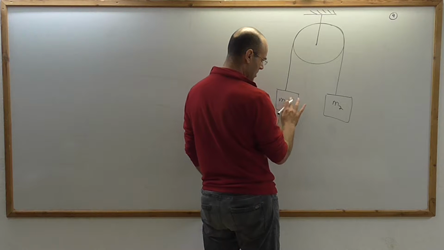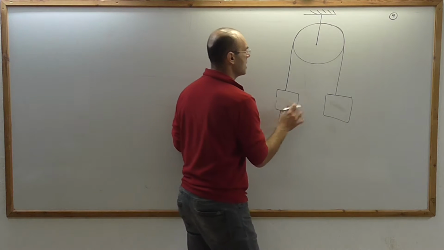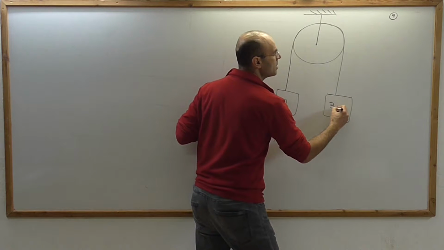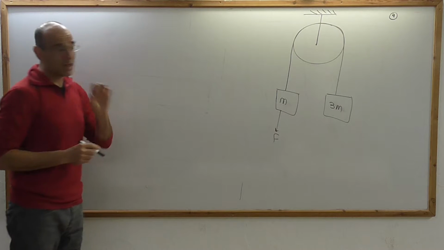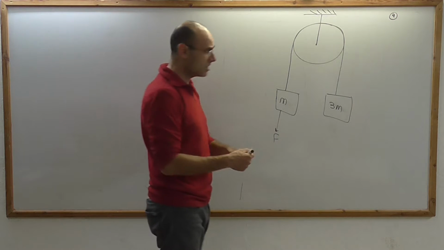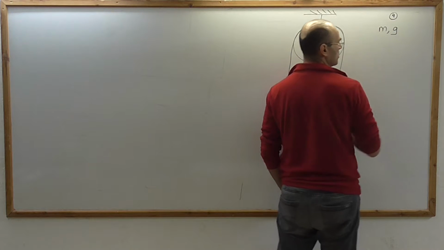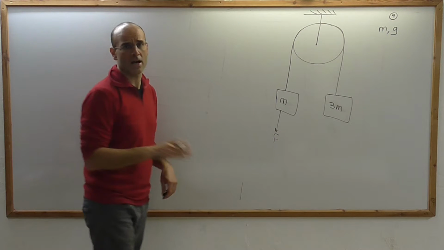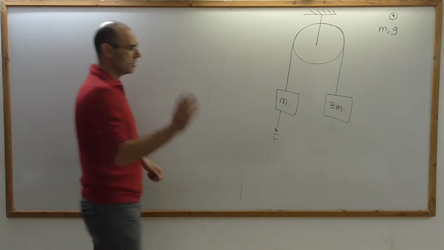Let's do it with the letters now. This is M, this is 3M, and when we write the solution, we are allowed to use M, G, and F. We are not allowed to use any other letters. And the questions are